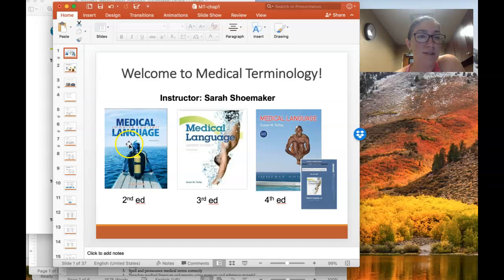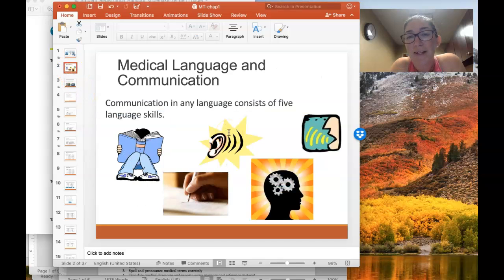Back to the textbook page. Okay, so I'm going to get back to the syllabus in a second, but like I said, this is a language class, and when it comes to learning a language, there's multiple facets of that language that you need to learn. So you need to learn how to read it, how to understand it when it is spoken, so how to hear it, but you also need to learn how to speak it correctly and pronounce the words correctly,